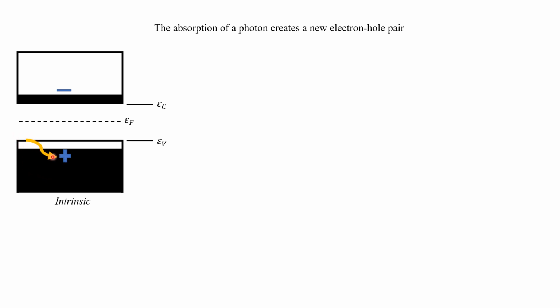So when we shine light into a semiconductor, and if the energy of the photons is higher than the band gap energy, then the photons can be absorbed by the semiconductor, and when a photon is absorbed, then it transfers its energy to an electron that was in the valence band, so the electron is excited to the conduction band. So absorption of a photon creates an electron-hole pair, and the system is out of equilibrium because